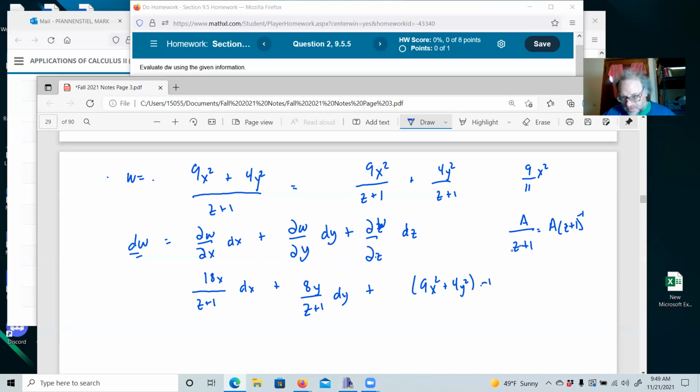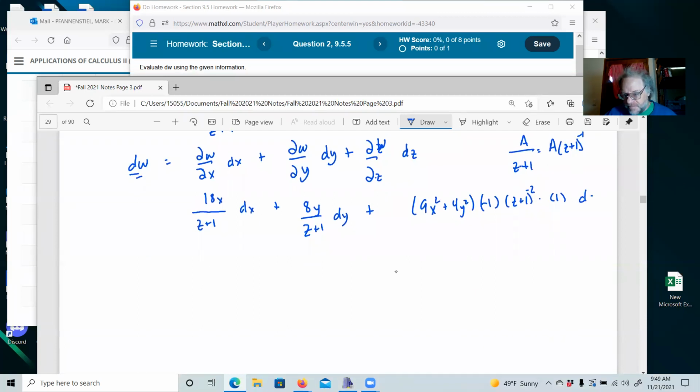Okay, so that's going to be -1 (z + 1)^-2, times the chain rule. In this case, the chain rule is just 1, dz. Let's clean this one up a little bit. So we have 18x(z + 1) dx + 8y(z + 1) dy + (9x² + 4y²)